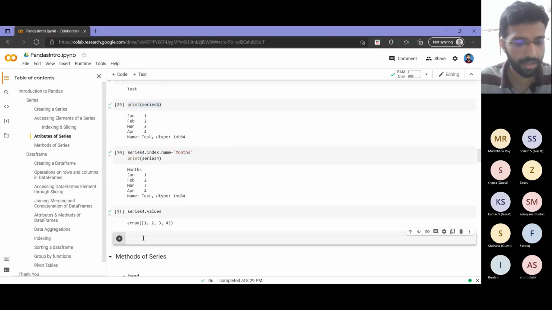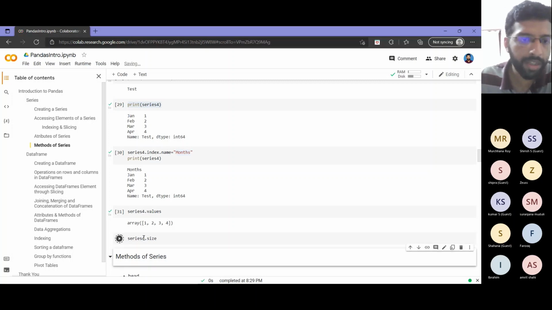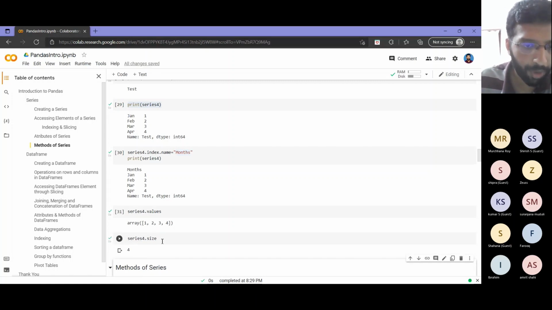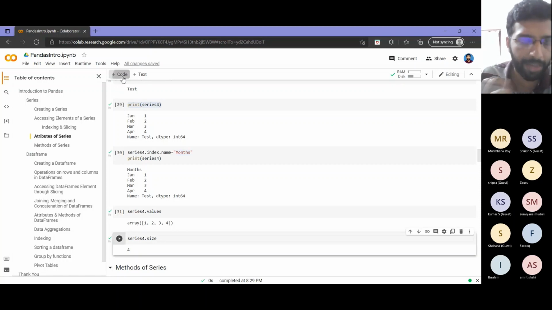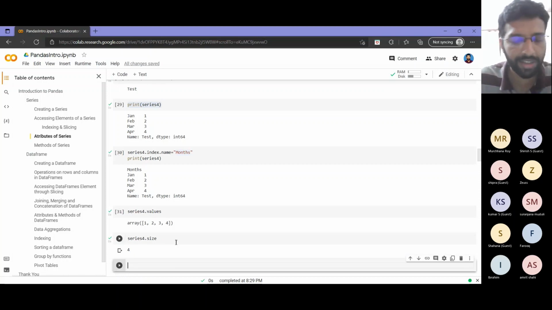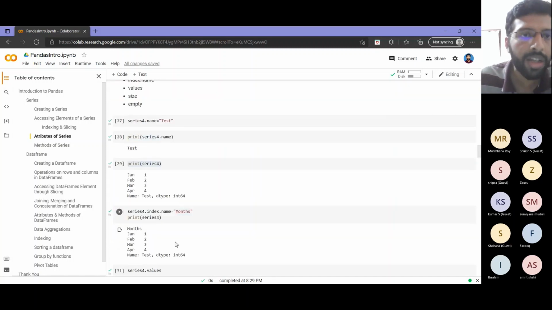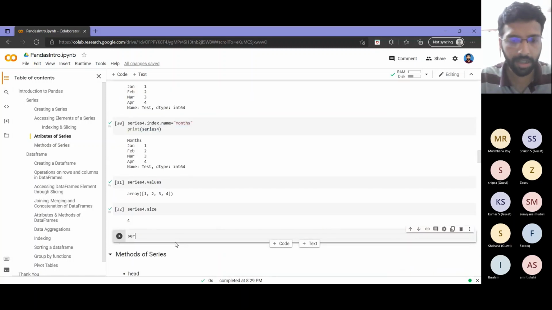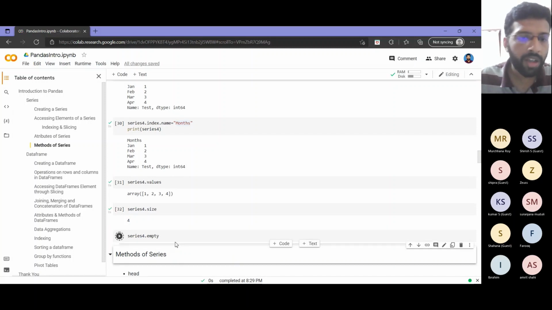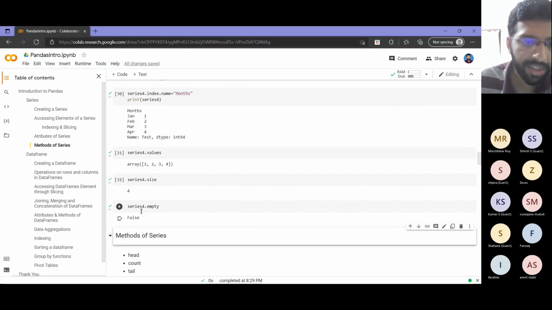Next thing is size. Size will tell me the number of elements. Since this is a one-dimensional array, there is only one element in the shape, so the size is a single element. There are 4 entries in that. Now the next thing is series 4.empty. It tells me whether a series is empty or not.